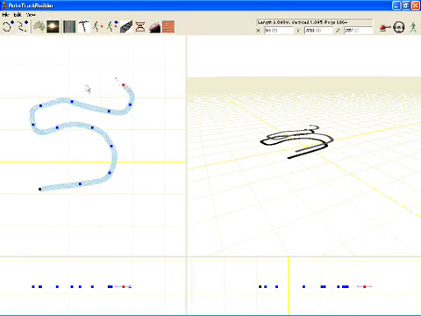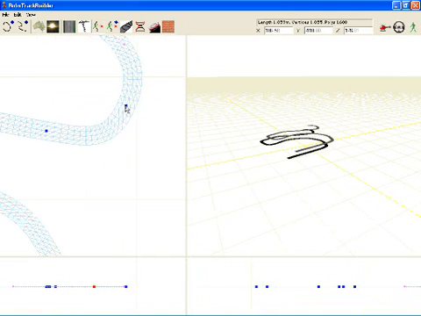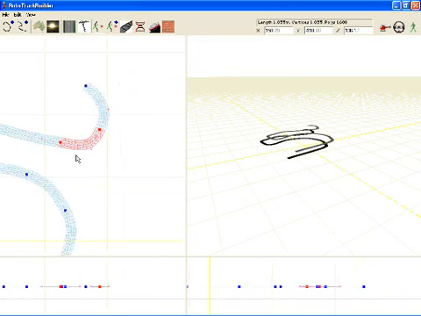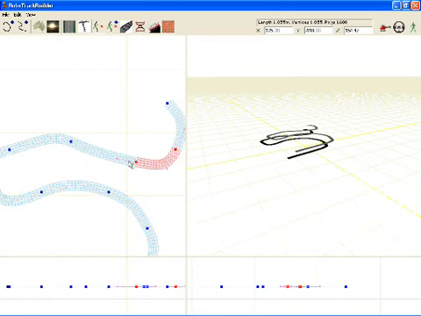When you finish, just right click and it switches to the mode which is move nodes and control points. So you can move that about, you can move the control points about, either one. If we zoom in, you'll see the effect a bit better. You can drag and click both and hold shift down and move them both around,